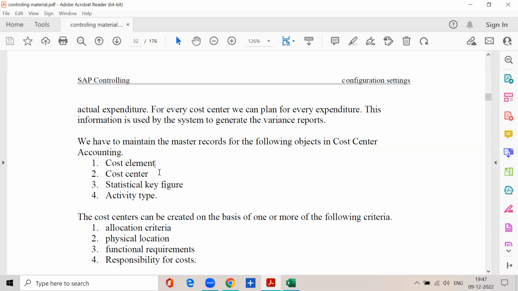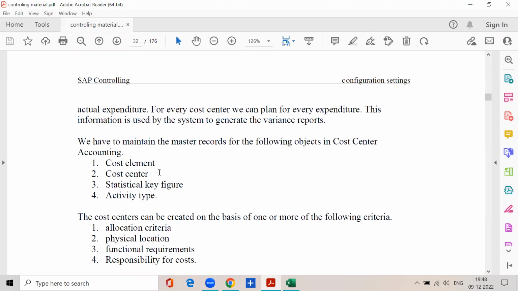At this point of time, first you have to maintain the master records for the cost center. Now, in real time, sometimes we face some challenges, especially controlling is a very typical module. See, there are no predefined principles in cost accounting. As in financial accounting, we have some accounting principles, but in cost accounting, there are no predefined principles. To be very frank, costing is common sense. Cost accounting is common sense, right? You might have heard about this also. So in cost accounting,